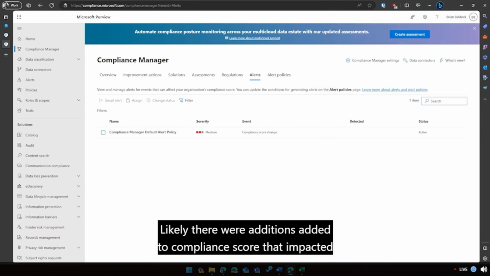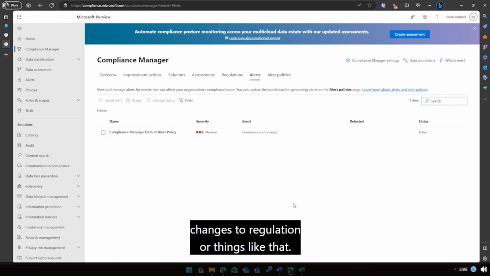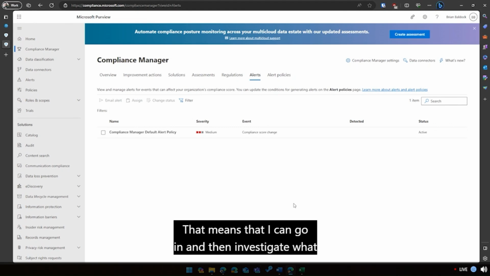So likely there were additions added to the compliance score that impacted negatively or regressed my score because of upgraded solutions or changes to regulation or things like that. So it's good to have that kind of alerting going on. That means I can go in and investigate what changed and why,